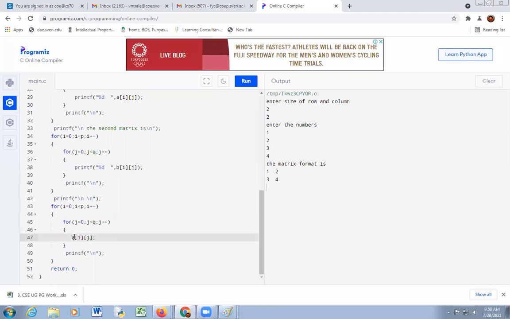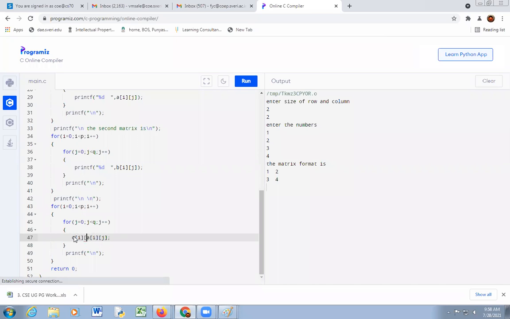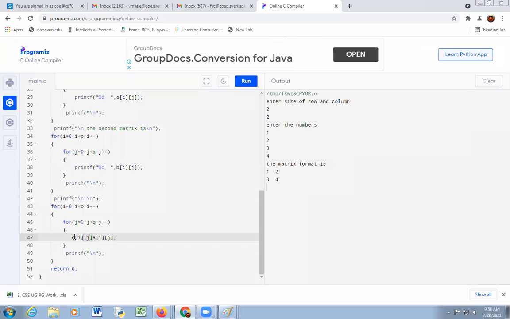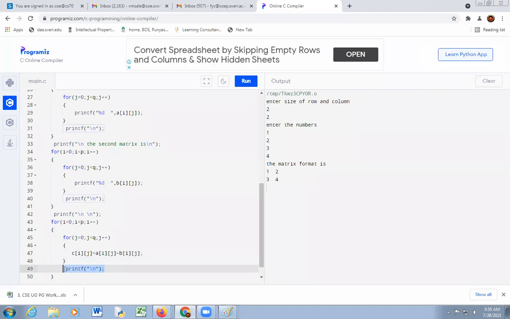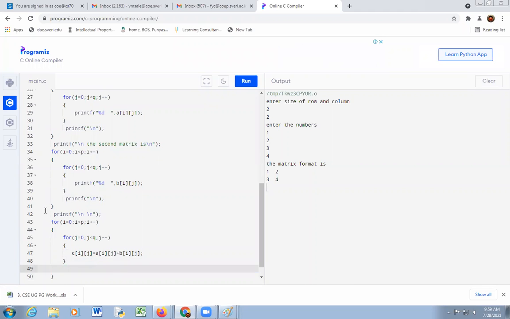So here c of ij is equal to a of ij plus b of ij. So here I have done addition of these two matrices from line number 42 to 49.